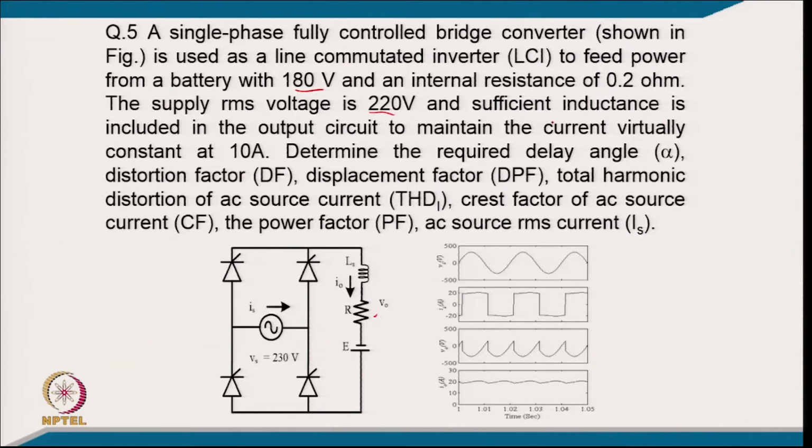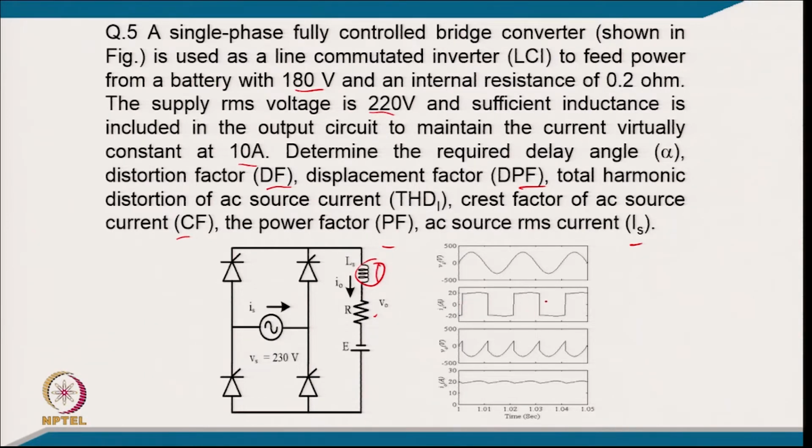A sufficient inductance is included typically in the output to maintain a virtually constant current of 10 ampere. Determine the required delay angle of the thyristor, the distortion factor, displacement factor, total harmonic distortion of current, crest factor of current, power factor, and AC RMS current. So, after making the model and putting all the values, the waveform of current for the thyristor converter,